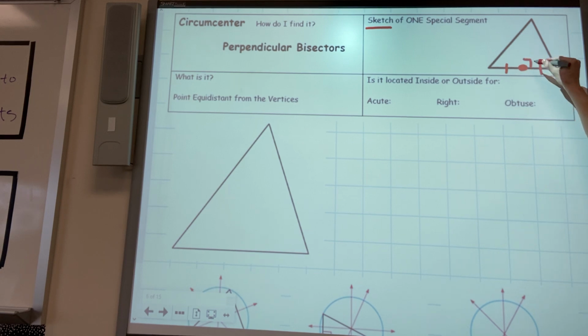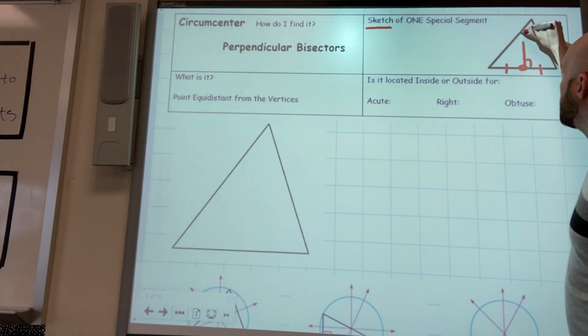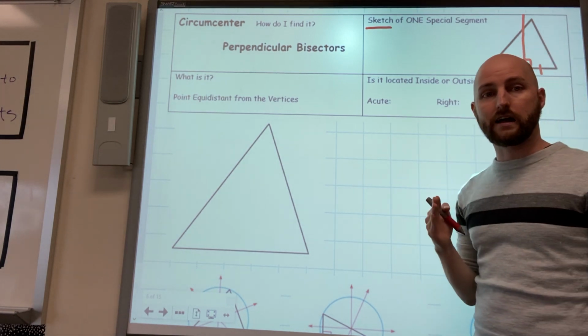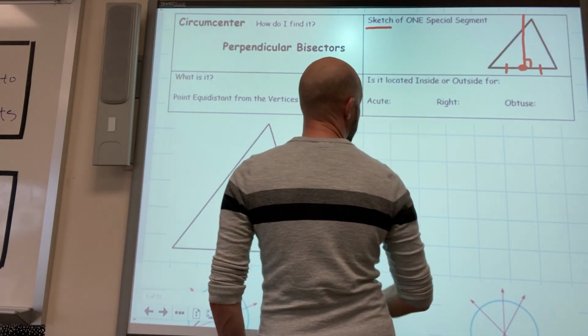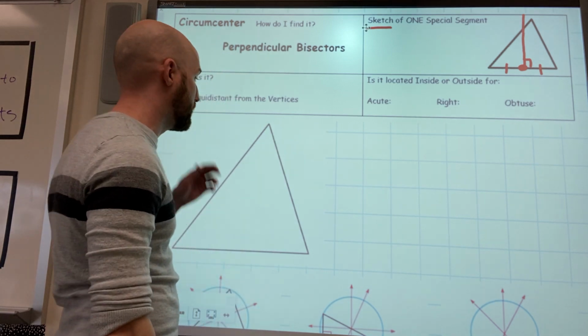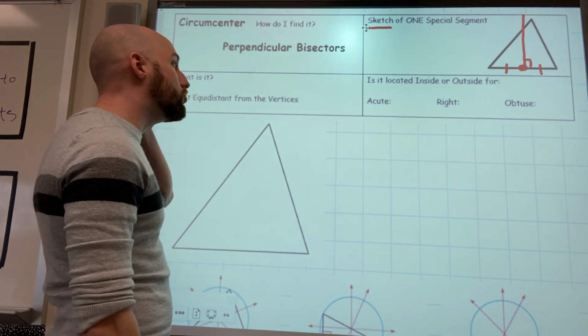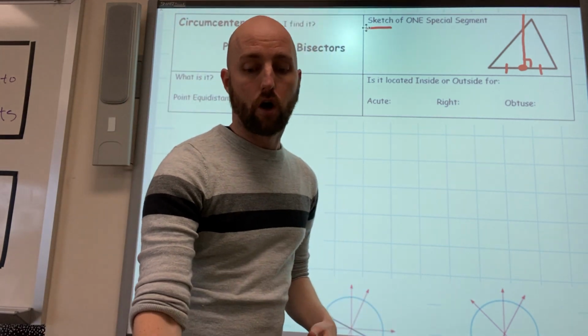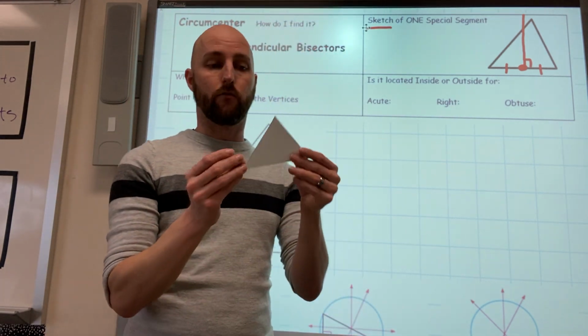And then you're going to 90 degrees, just go straight up. That is a perpendicular bisector, okay? It cuts the side at a 90-degree angle, but cuts it into 2 congruent segments at its midpoint. So what we're going to do is create perpendicular bisectors for all 3 sides of one of the triangles that